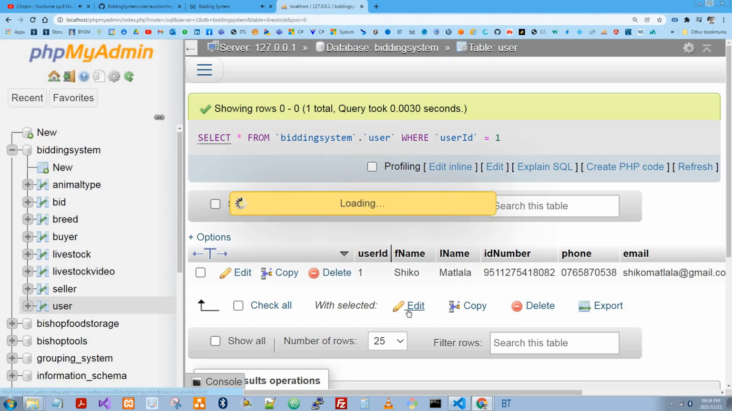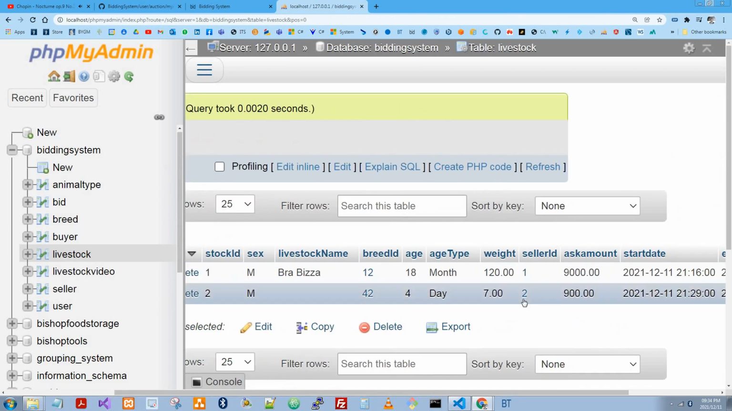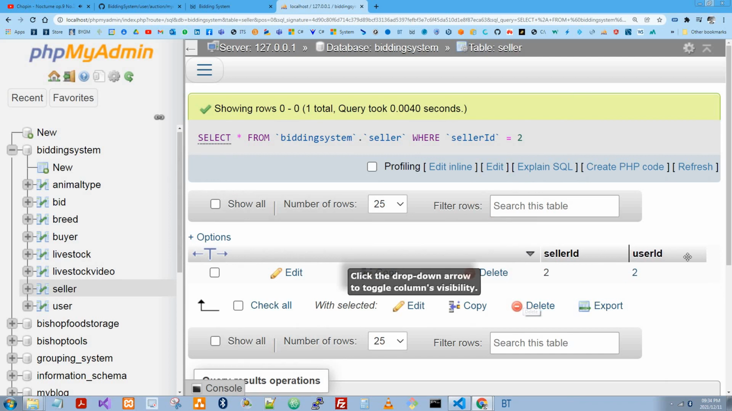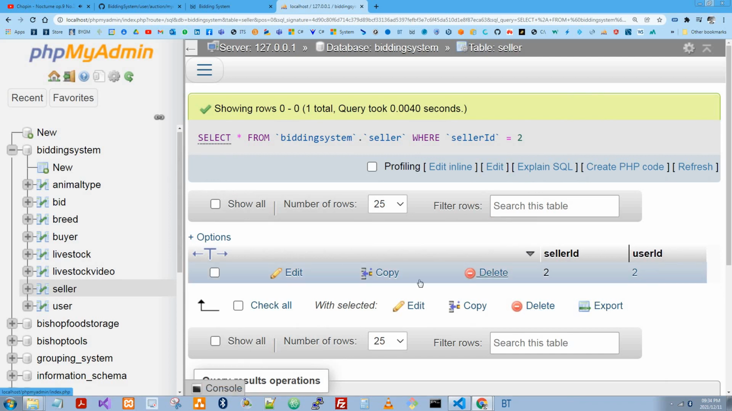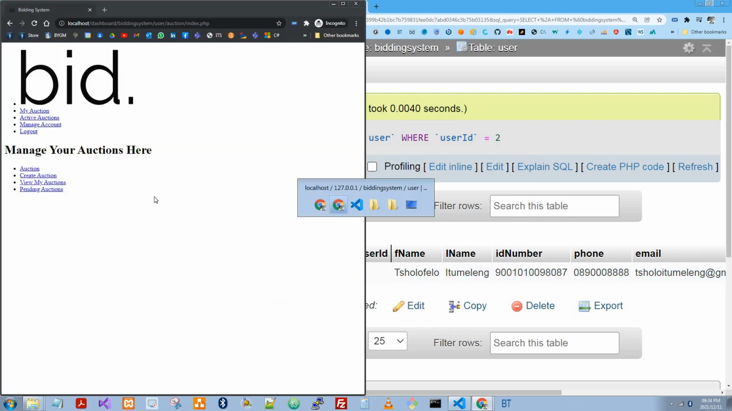And then the other one, I think it belongs to Tsolofelo. So yeah, that's why we are not able to see each other's things. But it's a great lesson, and then I will fix it just now. Okay, so cool. So in other words, what I was doing here